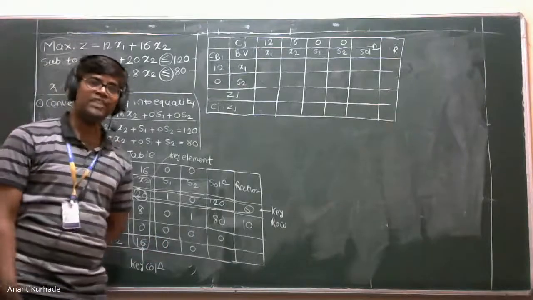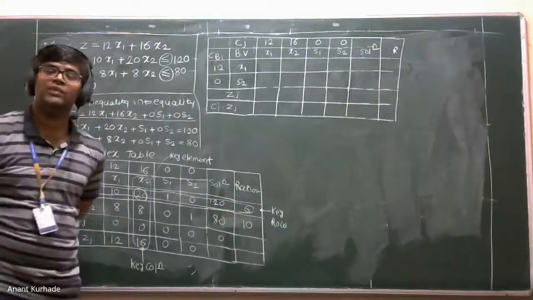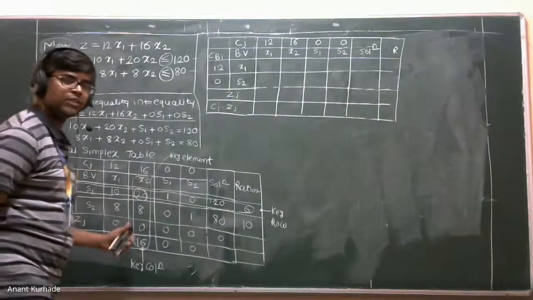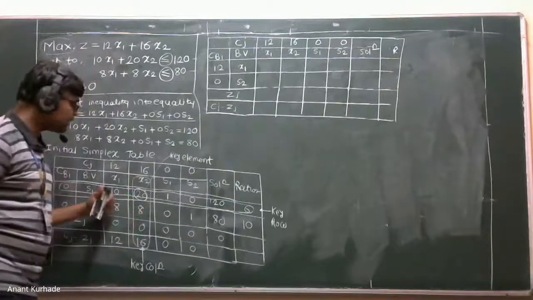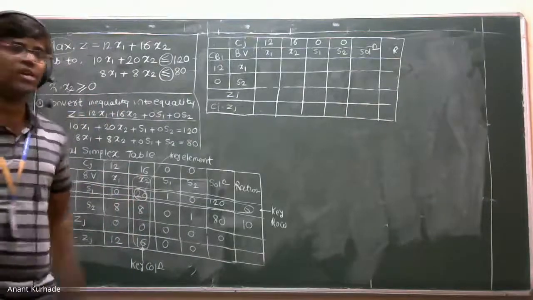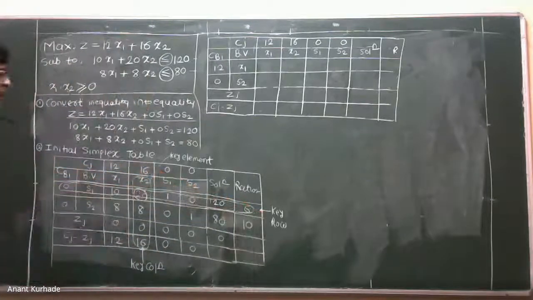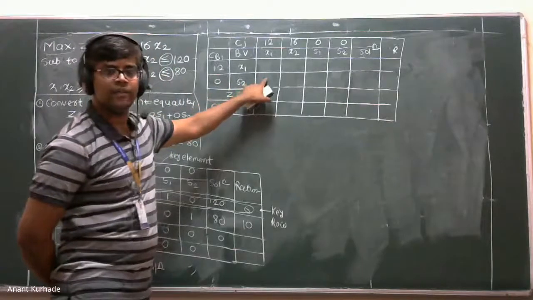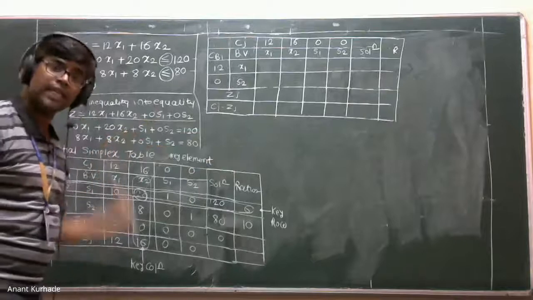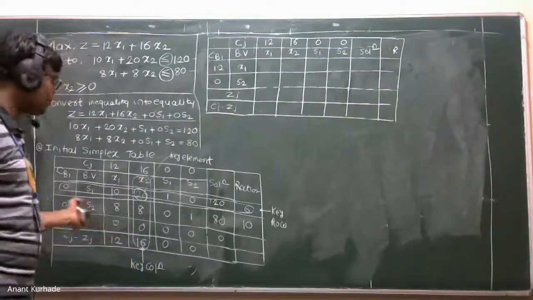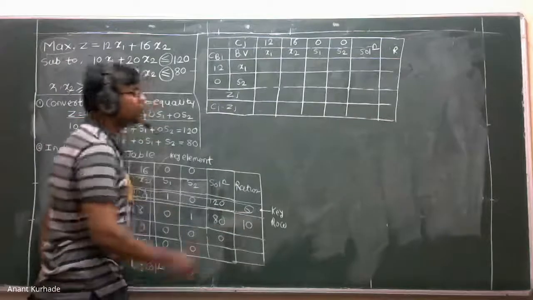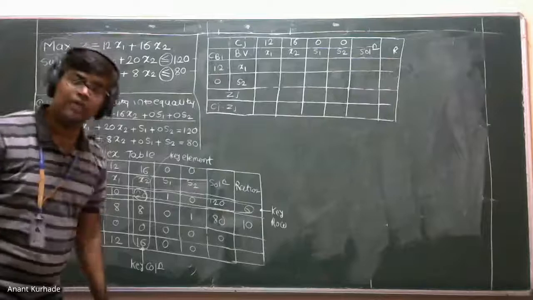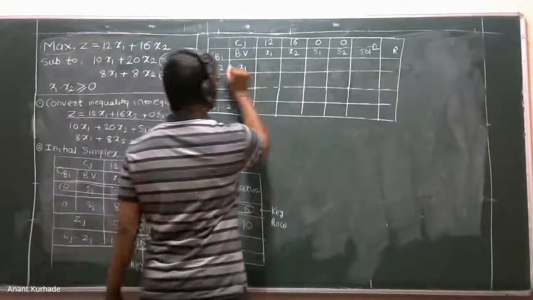Tell me, from which row you can start? Which one is key column? Which one is key row? Take reference of previous rows. Which one is key row, first or second? It is already written. So the first row is our key row. While writing values in the next table, always write the values of key row first, from the first table. So write down these values first. How you can get those values? See, it is our key row.